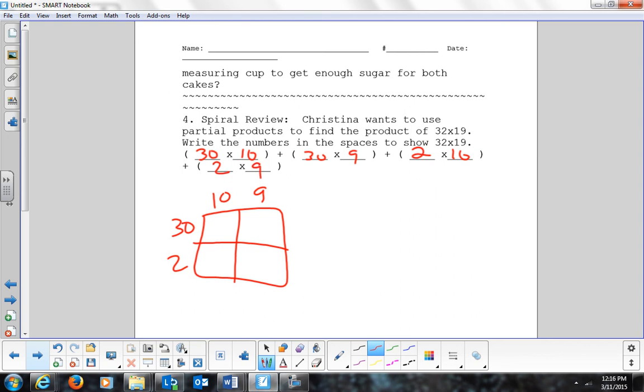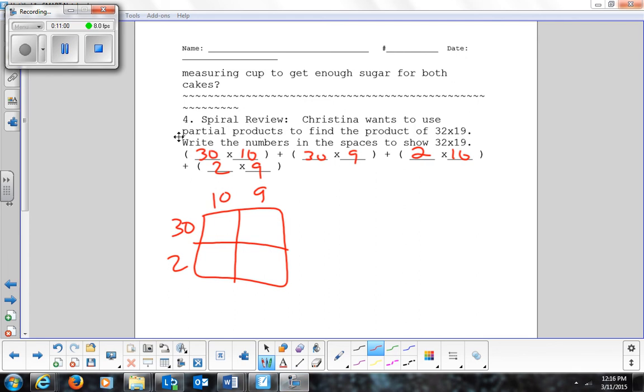I did it backwards. Some of you did 30 times 10, and then 30 times 9, and then 30 times 10, and then 30 times 9, which is not the same. Okay, I need you to take it home and study it. This is off your test. You may not throw these away. I did those two backwards. Okay. Please get out your